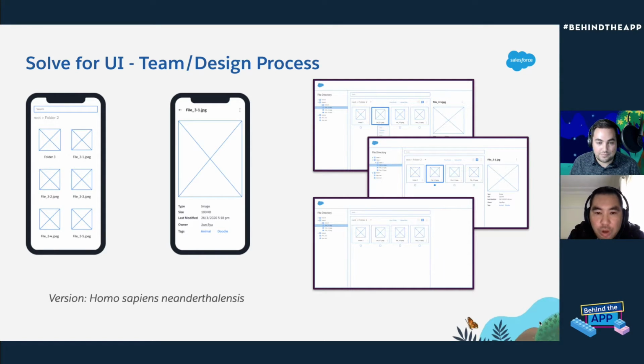So the first thing you'll notice is the tree is actually not visible on the mobile, but everything else that we've shown is. So searching, tagging, and being able to drill down back and forth using the breadcrumb, that's all there. On the right-hand side, you've got the final mock-ups, which come very close to what our design was. However,